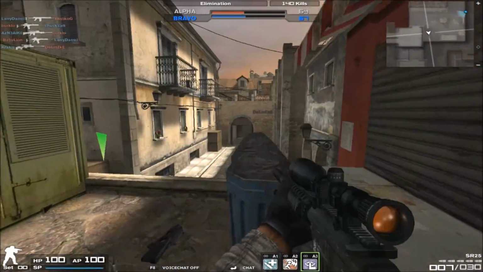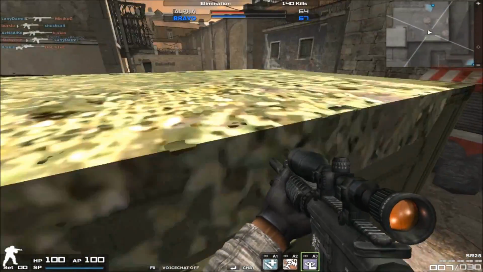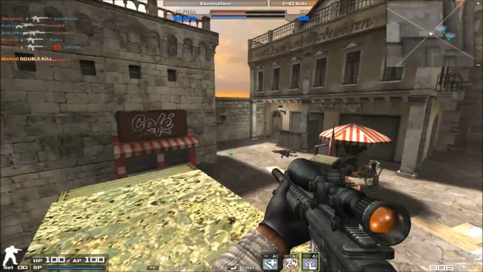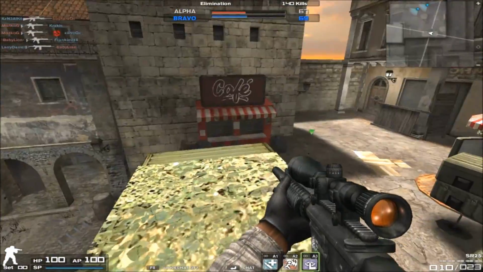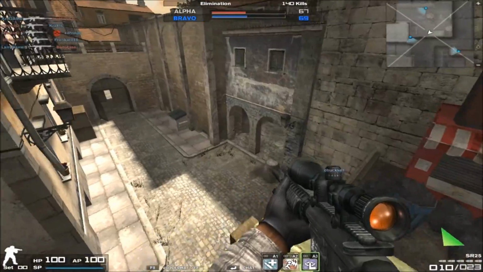Actually, it's very good for the SR25. It starts with 10 rounds in a magazine and 30 rounds in reserve, so you have a total of 4 magazines of 10 rounds each. Compare this to other sniper rifles such as the Lee Enfield or the E57 musket, where they only start with 30 bullets. The fact that the SR25 starts with 40, that extra magazine of 10 bullets actually comes